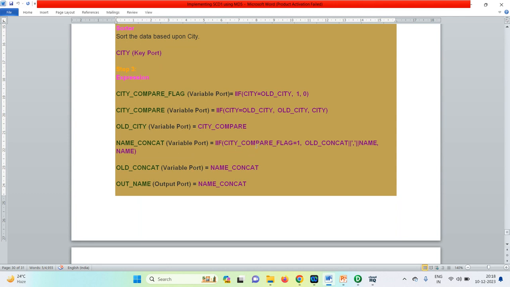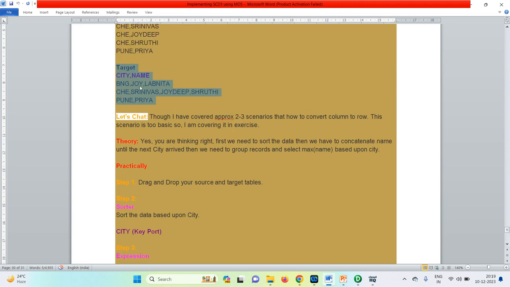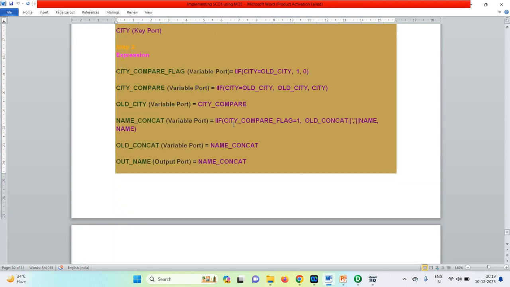If city compare flag equal to 1, this flag equal to 1. So no, it is not flag equal to 1. So that's why it comes directly, taking the name concatenate as a name, meaning which name we are getting here. We are getting Joy. Next, old concatenate to name concatenate. So the old concatenate value we are giving as Joy and out name as Joy we are printing